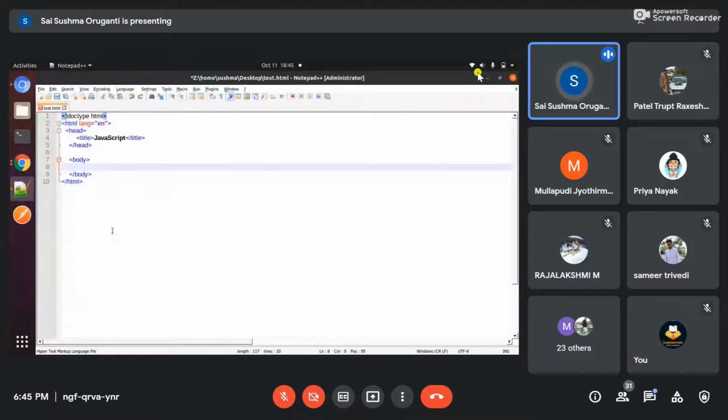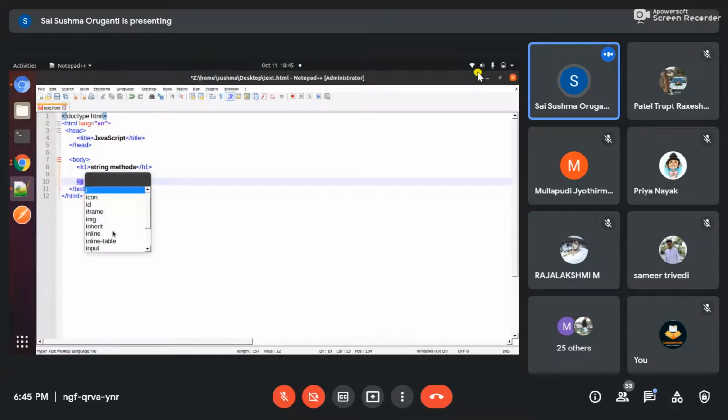I will keep one heading as h1: String methods. I'm giving first p because I have to store all the things in the p itself. I will give an id to p, as we all know how to give id demo.